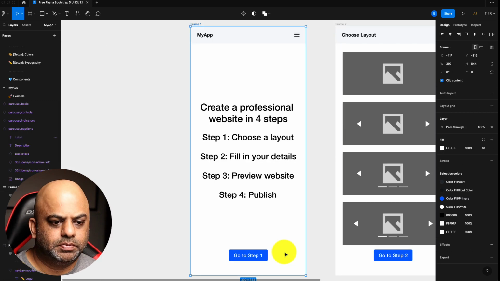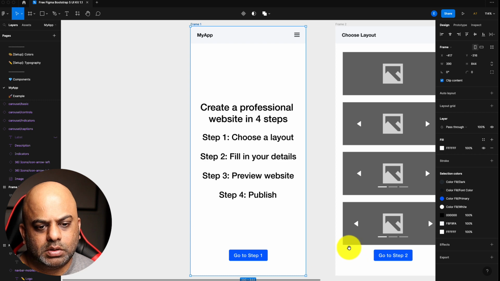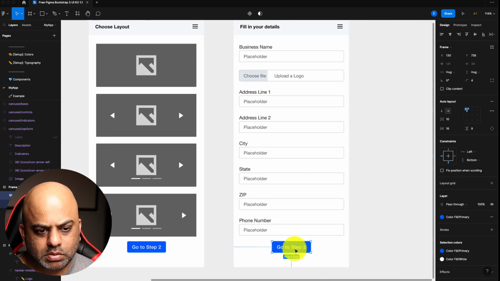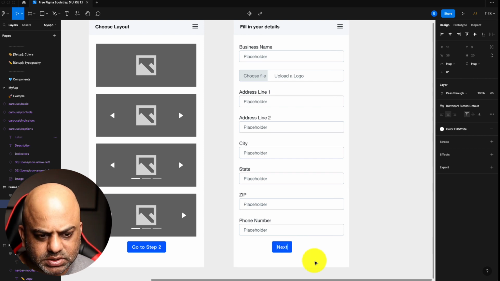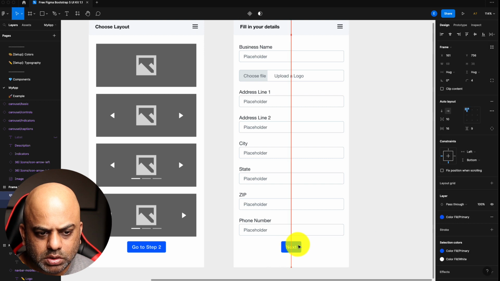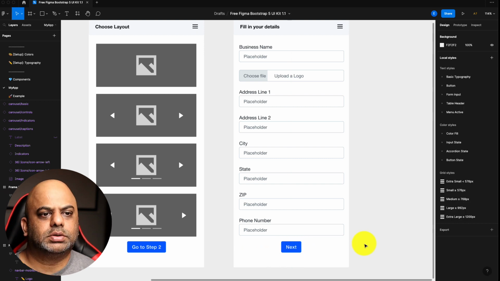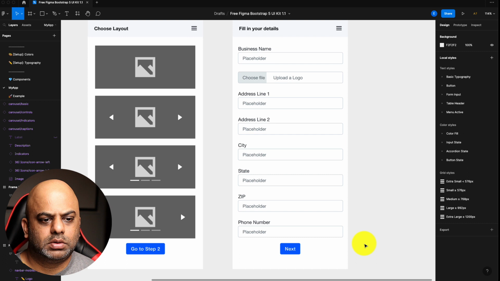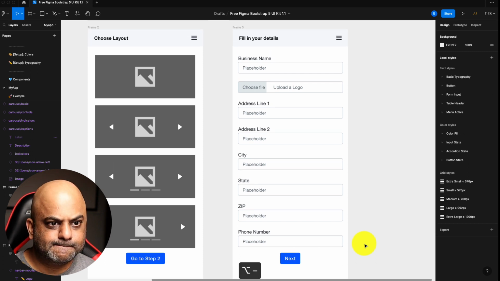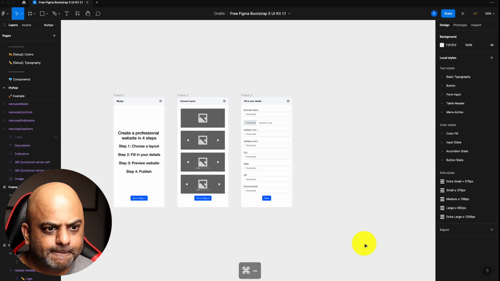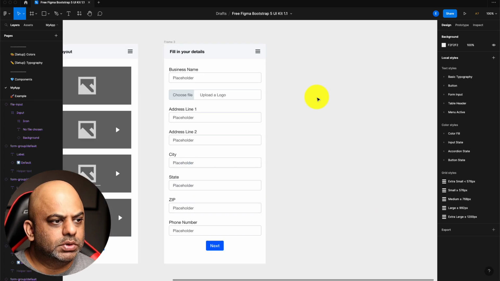I'll just put this as next here because there are more details to put in there. So now I'll have another page for details.